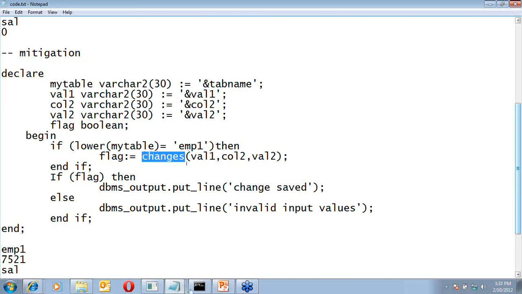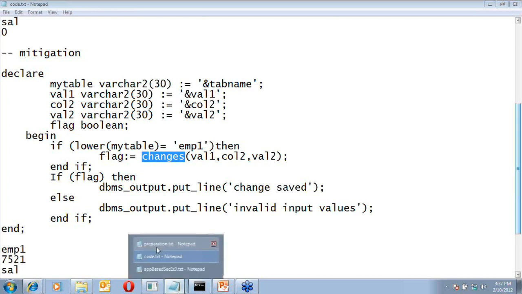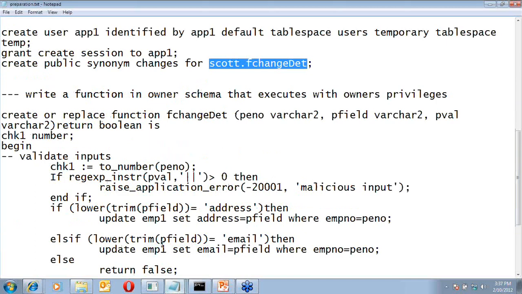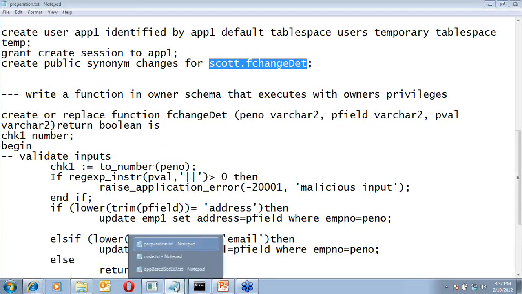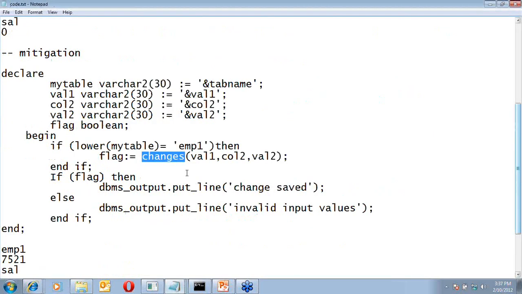The actual function name is something else. The actual function name is fchange_dt. But the name which is known to my front end is changes. And what can the front end do? The front end can just give a call to this.